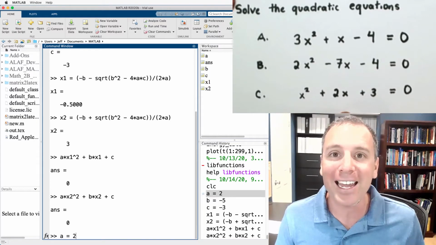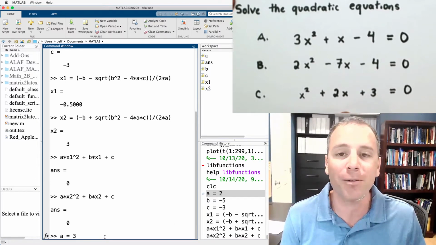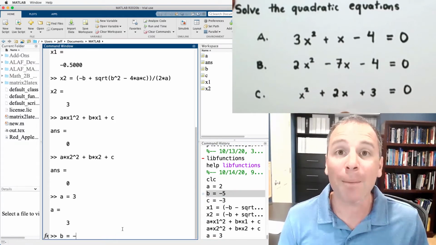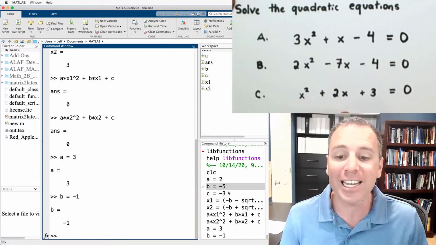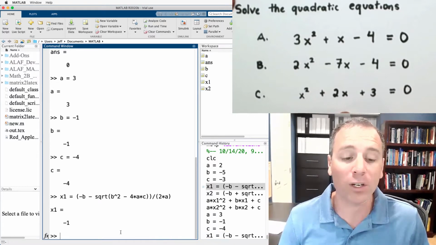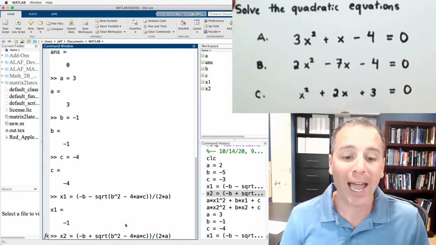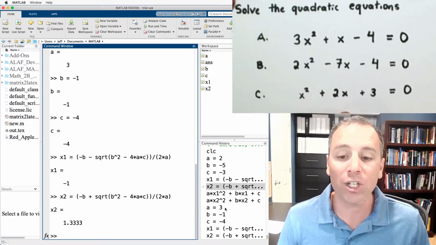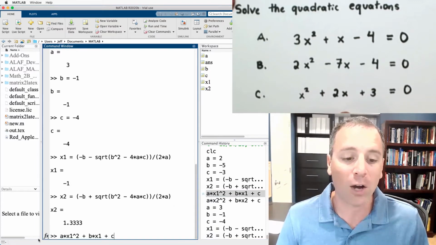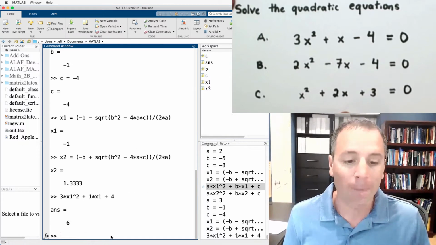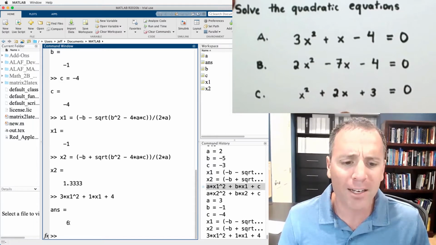Let's look at problem A and the extended version, and we'll say that a is actually 3. We'll go ahead and recopy b equals, looks like perhaps 1. And then we have c equals -4. Then we take x1 and calculate that, and x2 and calculate that. Now we're reusing all that code. So the claim is if I've done my entry correctly, the solutions to my original equation should look something like this. Let's go ahead and calculate that out. We'll type in this is 3, this is 1, and that is 4. Should be 0. Wait a second, it's not 0, it's 6.